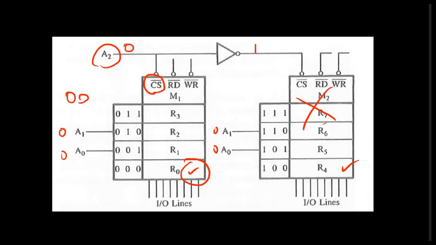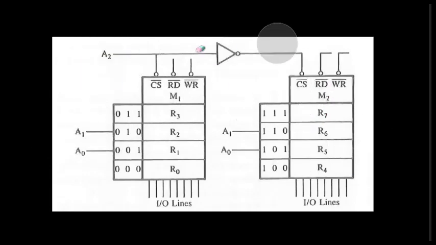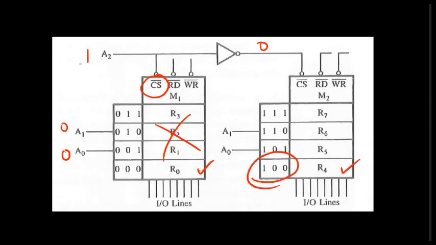Now suppose we make some different combination and select a different chip. So if we make this 1, and now we make these both 0, 0. Now because of this 0, 0, both of these get selected, but this makes this 1, because this one goes to the chip select directly, so this chip is not selected, and this one through the NOT gate makes this 0, so R4 gets selected. So this is 1 and 0, 0, for which we have R4. So this is what we do to select the chip.